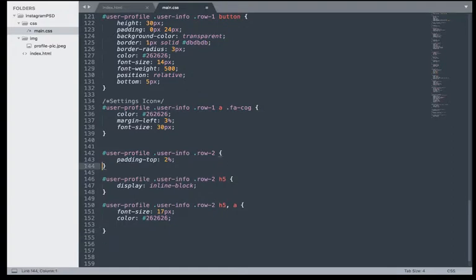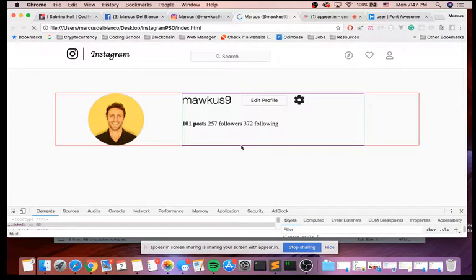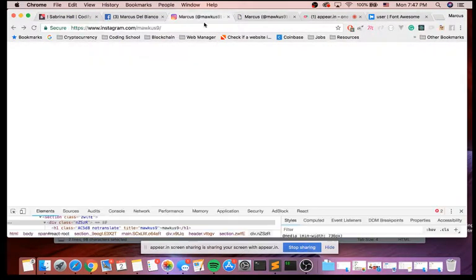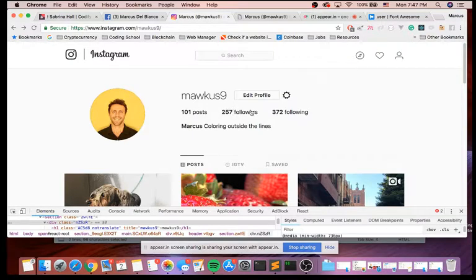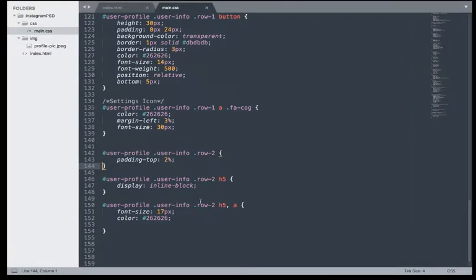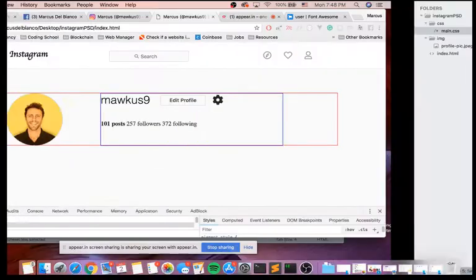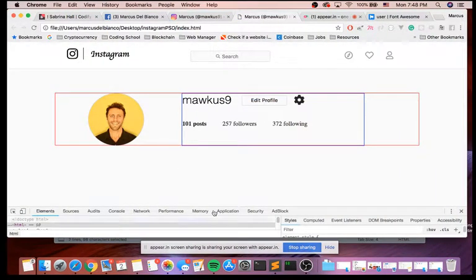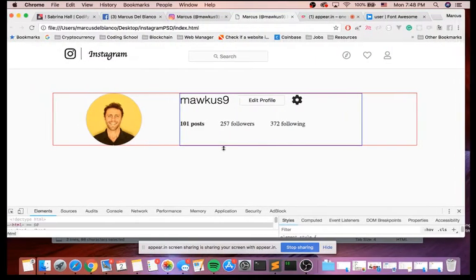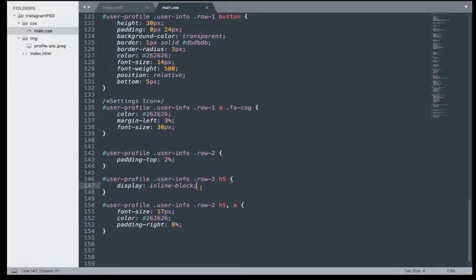And let's see here. So row 3. Let's go start our row 3 in our index. This row, it seems that we only really could just put a paragraph tag as our little tagline. So why don't we just do that? We'll go put a P in here, and because our name Marcus is bold, we'll do a span. I'll do Marcus space, and then in here we'll put the little tagline,